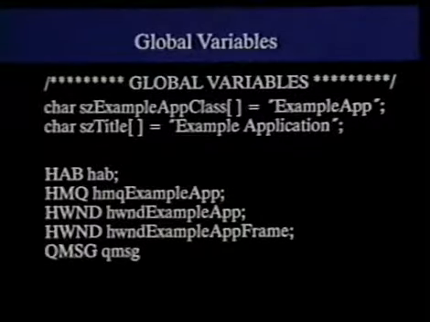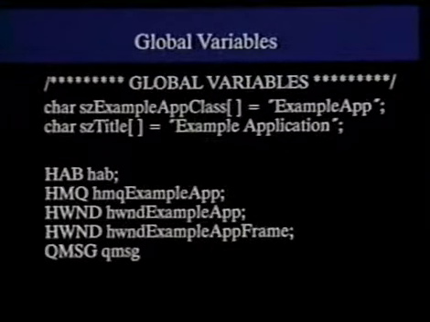We're going to need a couple of strings. One of them will be a string to indicate what the class of the window is that I'm going to be building. We'll look at where that's used in a moment. We're going to need a title that will show up on the title bar of the window that we will create for it. And then we'll need some handles to different portions that will allow us to keep track of certain things within